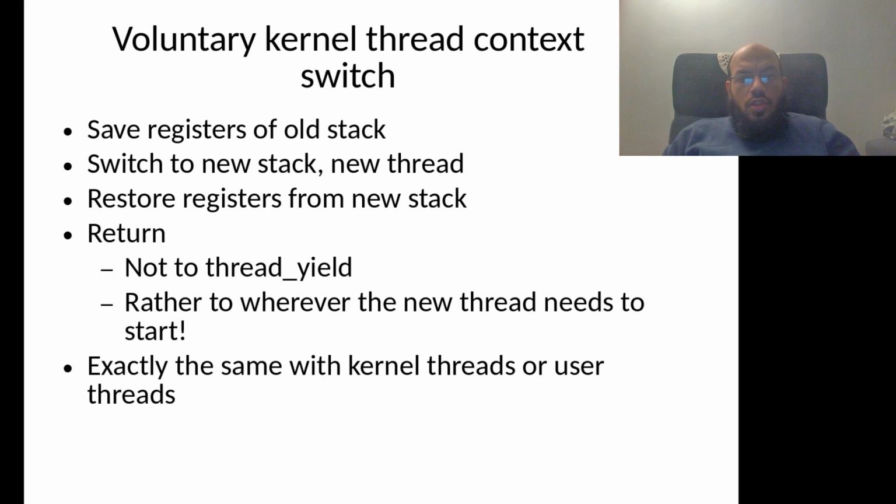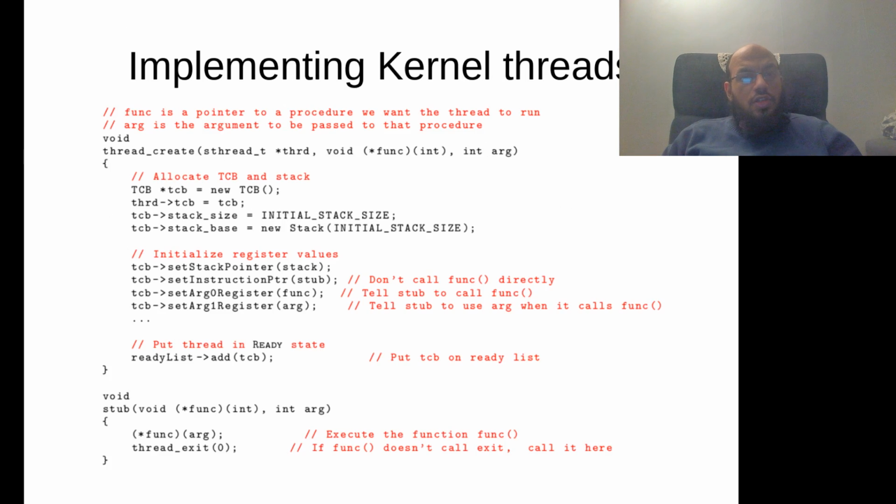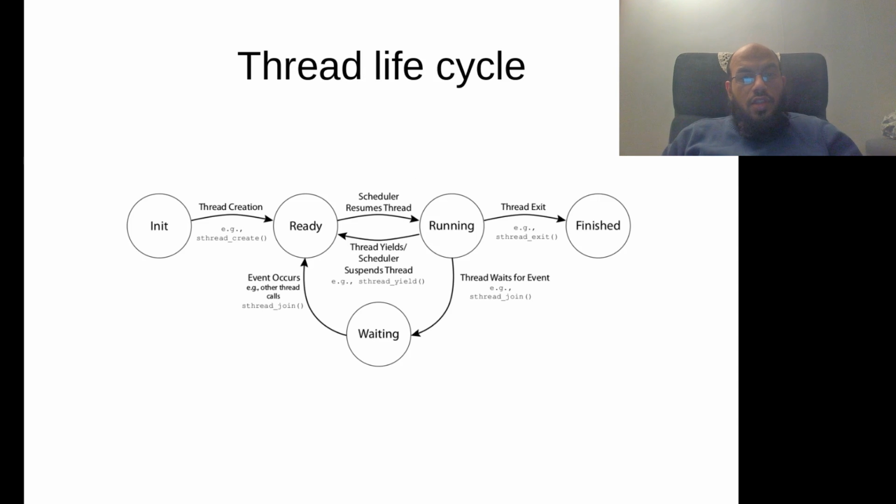So basically the kernel restores the registers from the new stack, where the thread was running, for example. And when the new thread starts, it returns not to the thread yield command. The thread yield or the thread join command, for example, is the last thing that you called before going to the ready state or before going to the waiting state, right? So you basically called something to go into that state. And when coming back, you should not go back to the same line that you called, which is what you would typically do